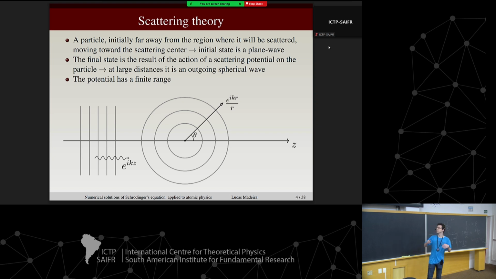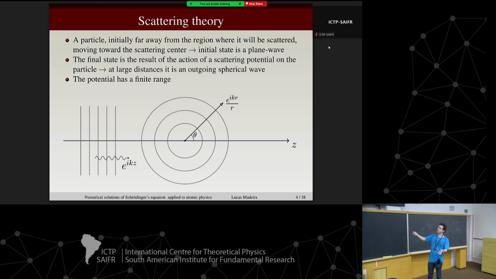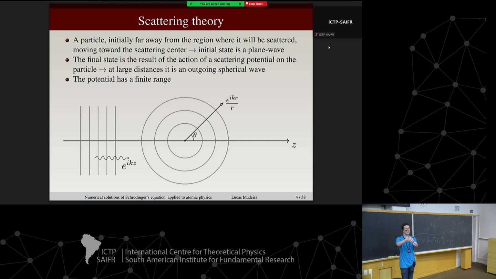Right, so what's the usual setting of scattering theory, right? Setting up your scattering problem. Very far away from the region where scattering is going to happen, I have a free particle. And it's traveling towards this region where I'm going to have some potential that's going to be responsible for scattering, right? So very far away, I have a plane wave. Here, I chose my plane wave to be propagating in the z direction, okay? It's going to interact with this scattering center that's going to be close to the origin, okay? Something's going to happen there.